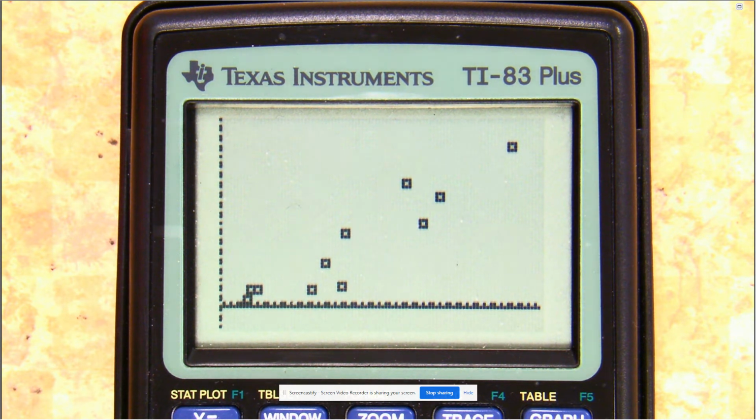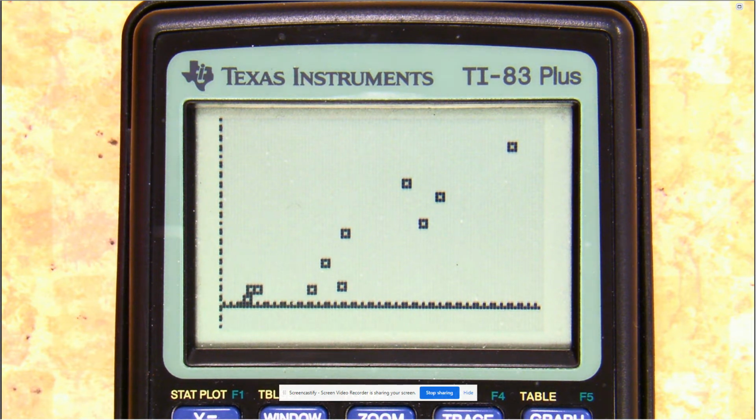It's fairly strong, considering the correlation coefficient. It's very close to 1, so I'd say it's very strong, to say the least. Fairly and moderate would be a little bit lower, but this is very strong. And if there are any outliers, and there do not appear to be any outliers.